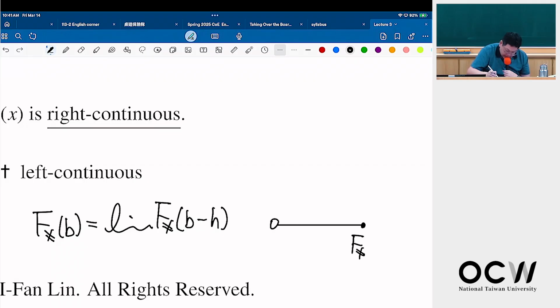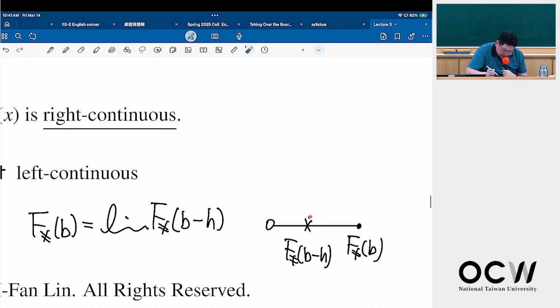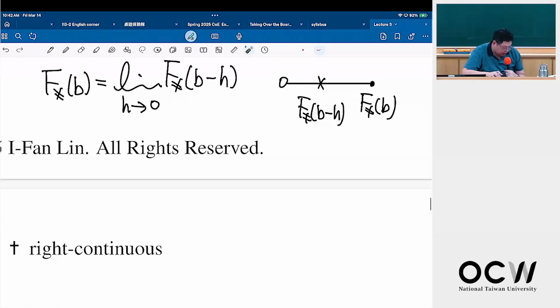Here is f of b. And here is f of b minus h. When h goes to 0, they will get close to the function at b. So they will get closer to f of b when h goes to 0. Then right continuous